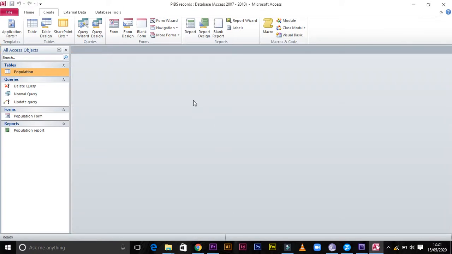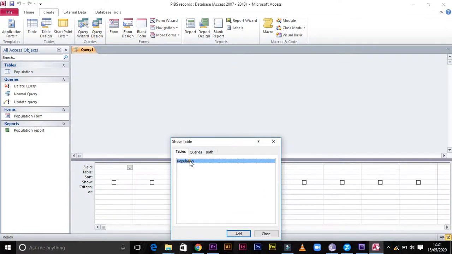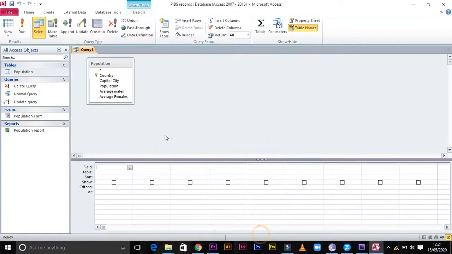Now another query is to do calculation using a query. So just create query design, click the table, add it, then highlight, Ctrl plus A, and drag it. Then remember we are now doing calculation. Note that if you use a semicolon instead of a colon, you'll end up messing up the whole table. So you have to be very keen with it.